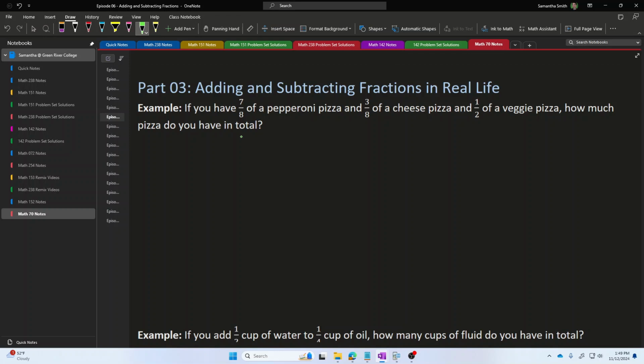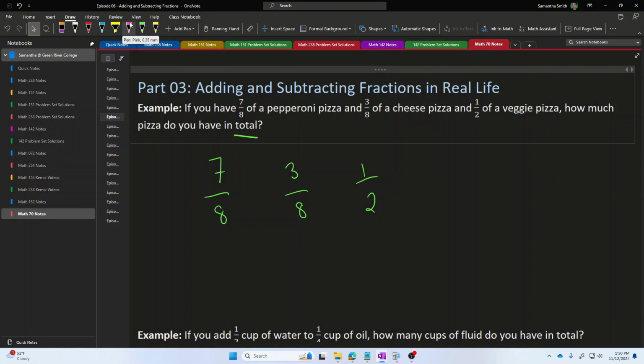So to represent this as a mathematical problem, if I'm asked for a total, then I'm being asked to add these three numbers together. Now, to add these three fractions together, I need to make sure that they all have the same denominator. Right now, the first two fractions do have the same denominator, but the third fraction does not. So I wonder if I can modify this fraction on the right side so that it has the same denominator as the other two.